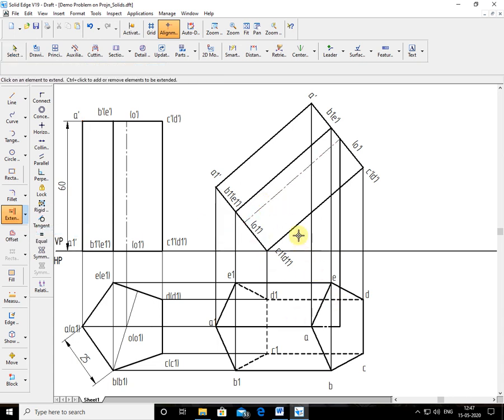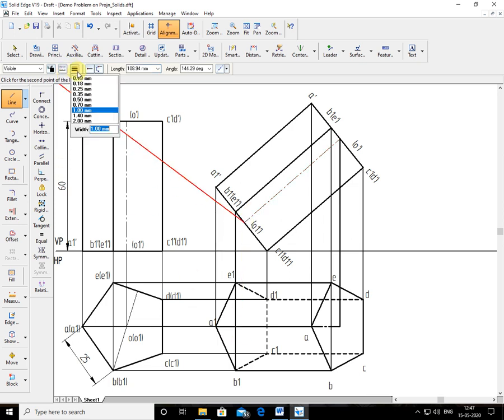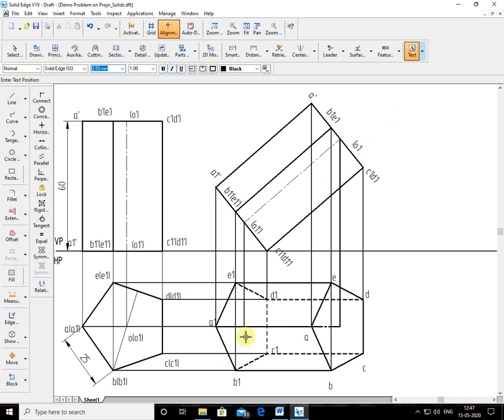Now I'll drop the projector. From here, continuous line, 0.5 projector. So this projector comes here. This is your O1. This is hidden, so you write it in brackets, O1. And this is the O. It is seen, right? Correct. Now this you have to run.